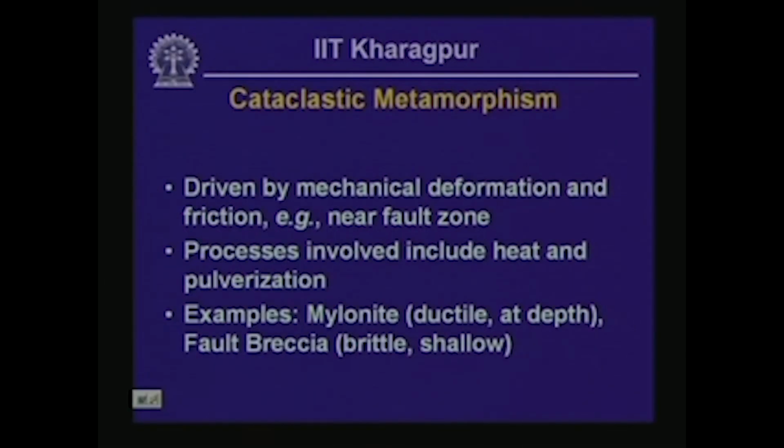The processes involved here include heat and pulverization of the rock mass, pre-existing rocks that are very near the fault zone, and the two best examples perhaps of rocks that arise because of cataclastic metamorphism include mylonite